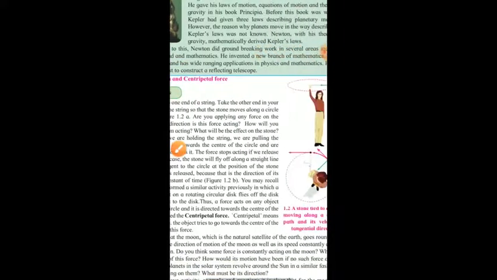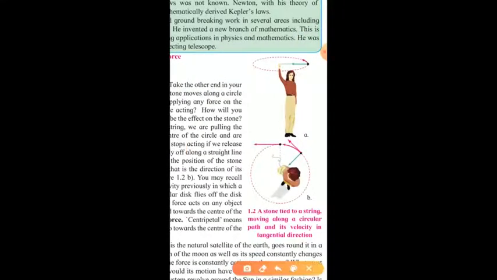Second, what do you mean by circular motion and the centripetal force? Here is the diagram where you can see the force acting at the center, which is called the centripetal force, towards the center. And what is circular motion? The motion along the circumference of a circle is circular motion. And here you can see that the velocities are in the tangential direction everywhere.